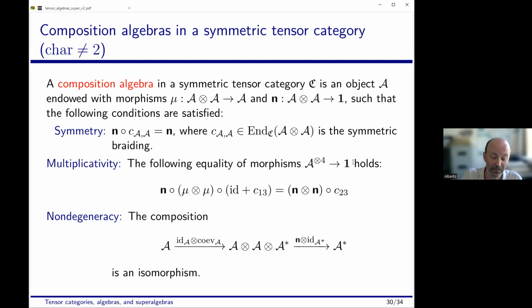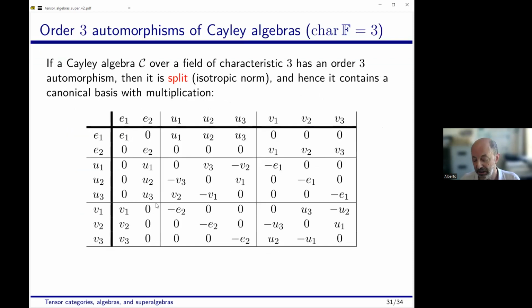We start with a quadratic form. This means that we have a symmetric bilinear form. Well, in any category, we can think of symmetric bilinear forms, and the symmetry is in terms of the gradient. The multiplicativity can be expressed also in terms of the product, and the non-degeneracy of the bilinear form also comes using the rigidity of our symmetric monoidal category. So everything can be done in any symmetric tensor category, but what happens is the composition algebra, the unital composition